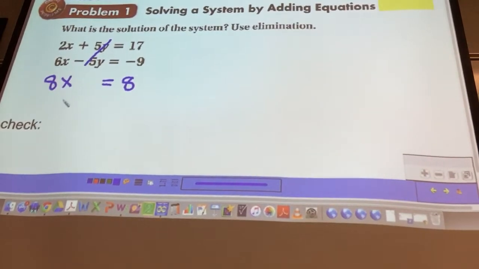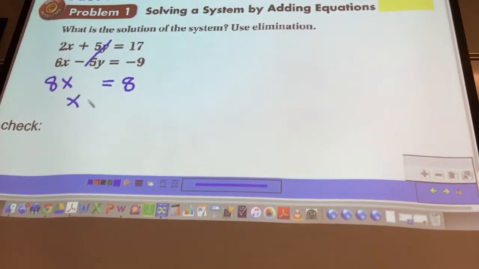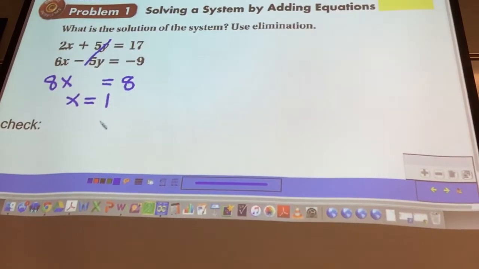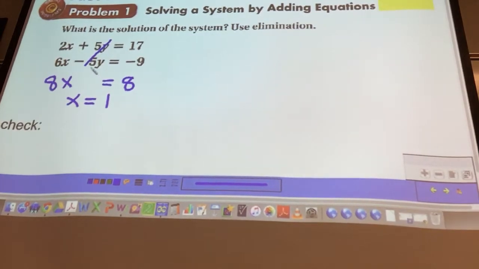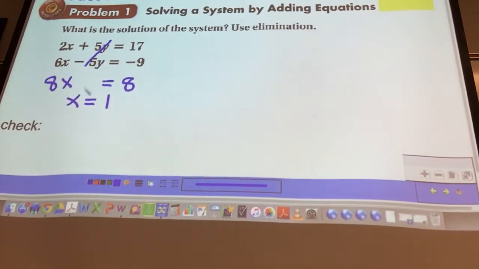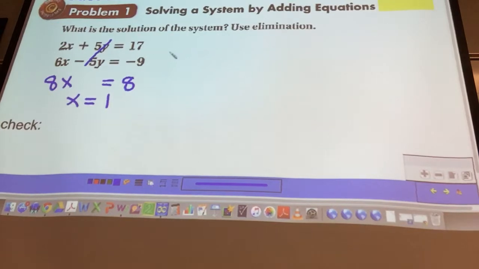So, how do I get x then? It's kind of easy. Divide by 8, we get 1. Okay, that's what makes this one easier to me. Today, yeah, but today is like we're going to do the easiest ones. Tomorrow we're going to do ones where the 5 and the negative 5 aren't necessarily ready to cross out. You'll make that happen. Alright, so over here, if you want to figure out what y is, all you do